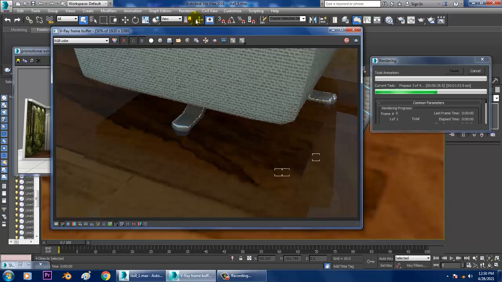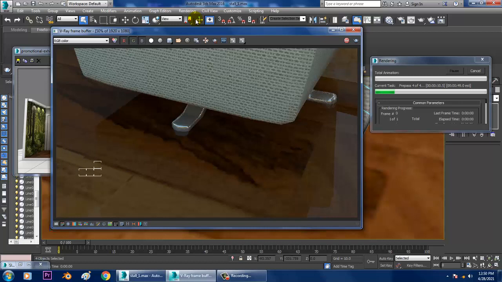So let it render. You can also render that particular part only. So that is also possible.